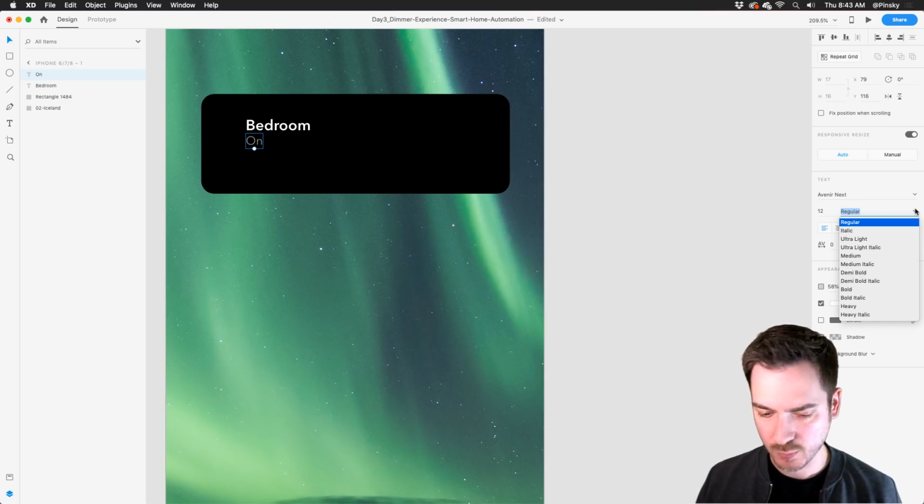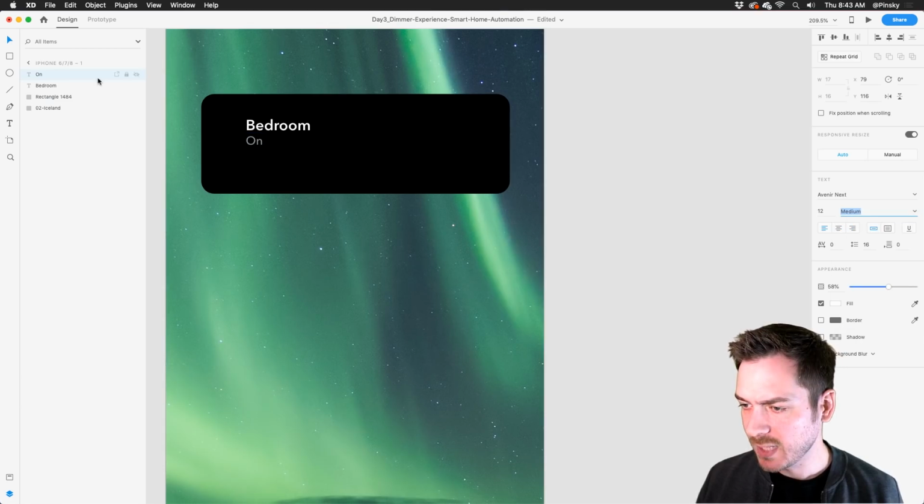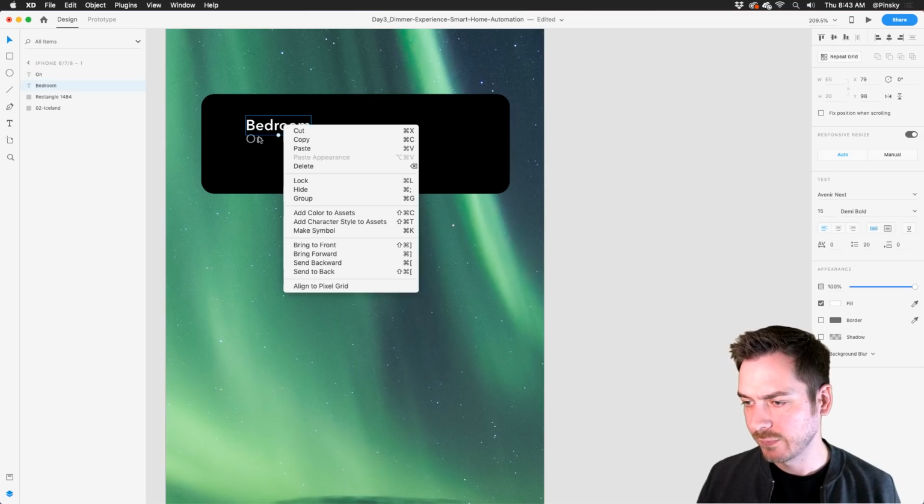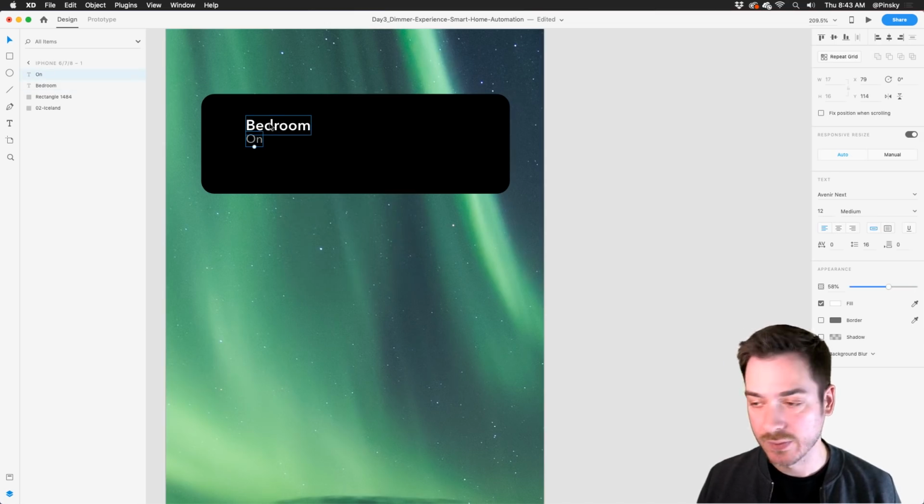What's the corner feature available? Need to update. I'm not sure what you're asking. Maybe medium. Medium looks good. There we go. So I'll put that right there, and now we have our room and the state of the